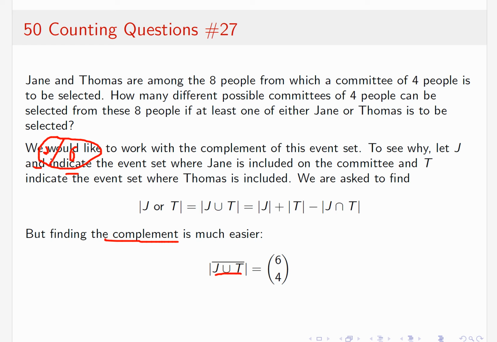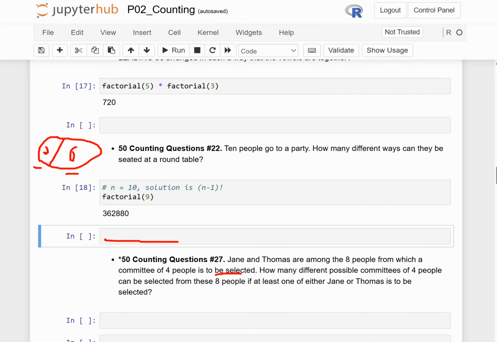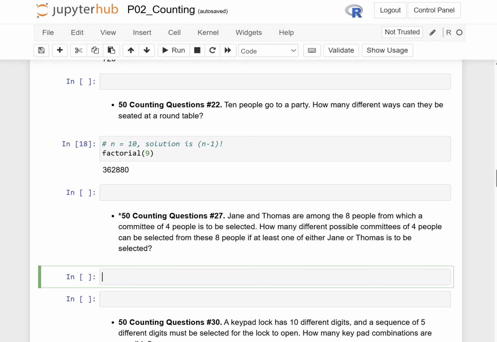But that's the number of ways to exclude them. So we'll have to do a little subtraction to figure out how many ways we can do it, right? So let me get rid of the markings and we can do this. So what are we going to do? We're going to do, sorry, combination 6 choose 4, but